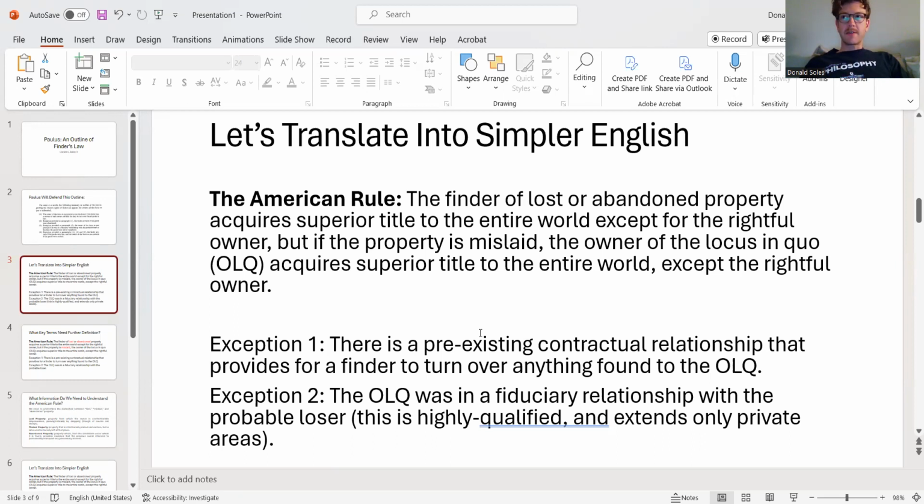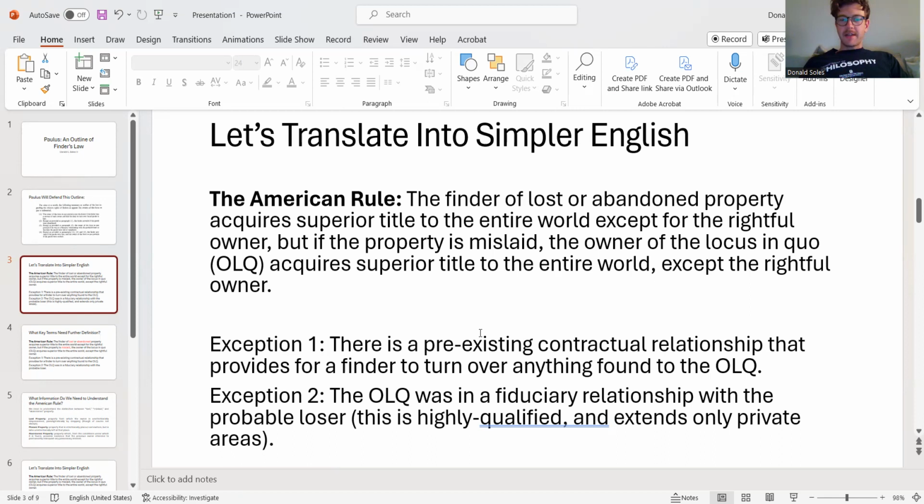Likewise, we saw that the owners of banks bear a special responsibility to their clients to make sure that their clients maintain the same economic position as when they left, as when they came in. I'm not sure if I'm saying that exactly the right way, but you get the picture. I mean, these bank owners and these innkeepers, they have to maintain the status quo. They have to keep you just as good as you were. And because of the existence of these special relationships, property found in inns and banks, for instance, would go to the owner of the locus in quo and not to a finder.